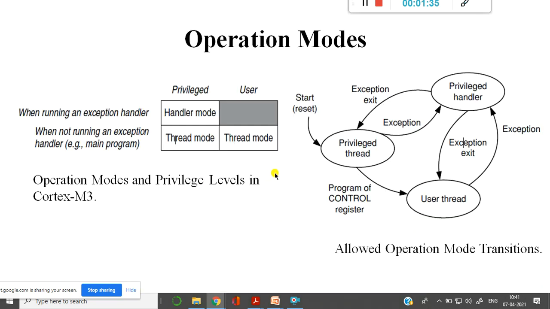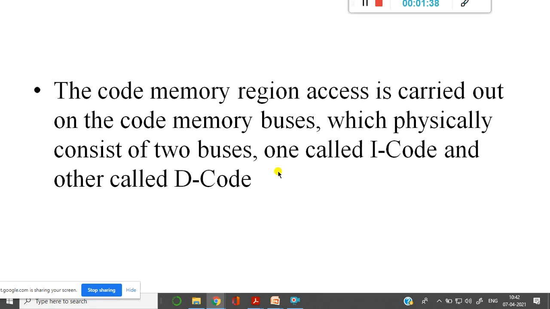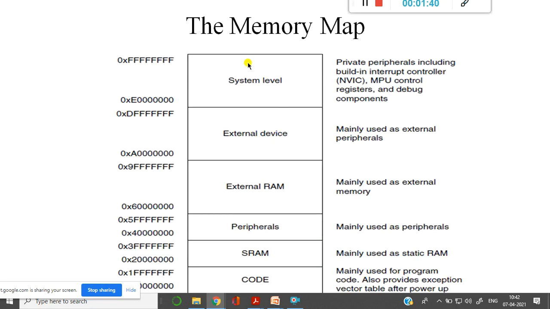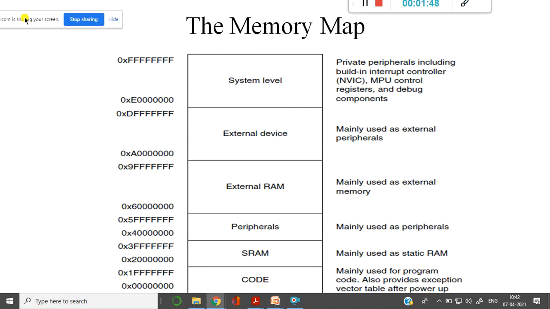Quickly, we'll move on to the next concept, that is operation mode. I think in one of the classes I also told about the memory. In the Cortex M3 processor, some area of your memory is fixed.